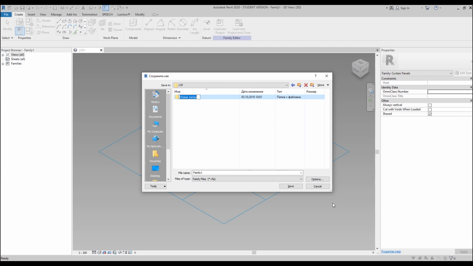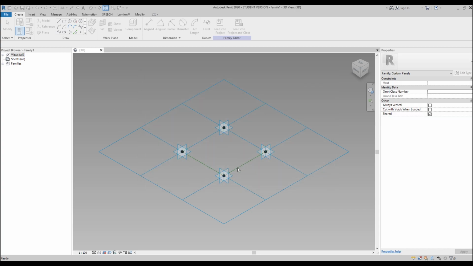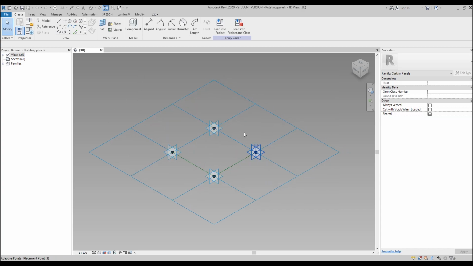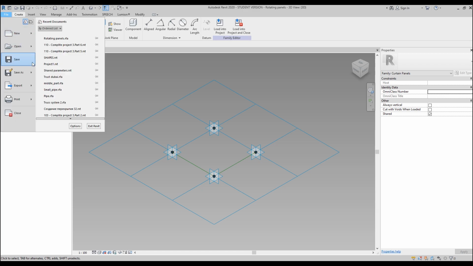Let's make it the folder. We'll call it component, something like that, and our family will be like rotating panels, let's say like that, and let's save it. Of course, we will leave this family, don't change anything, and let's go to the file and we will create